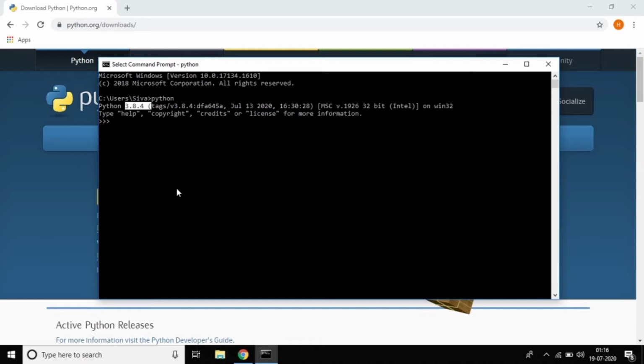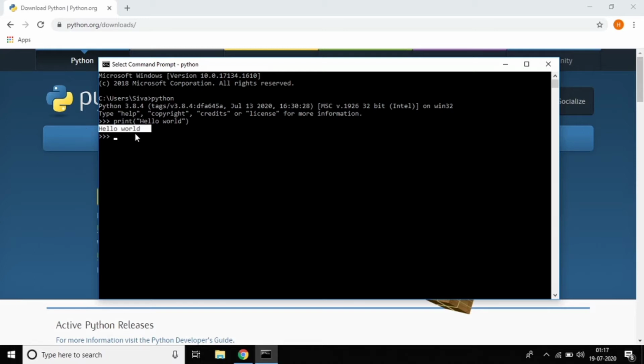Yes, done. We have done everything. After installing Python, you can write in the command prompt only. You can write print hello world. You can write without an IDLE also. Just write hello world and you can see the output. So without IDLE we can work with the command prompt also, and write different programs here.